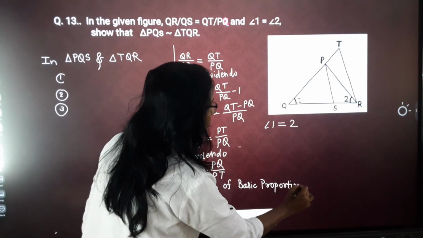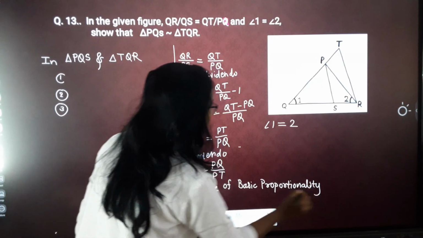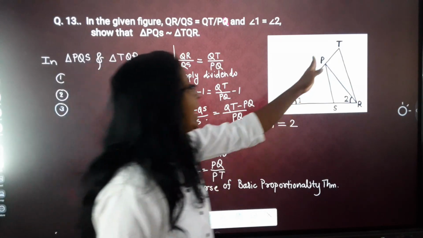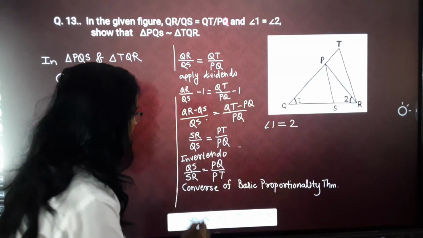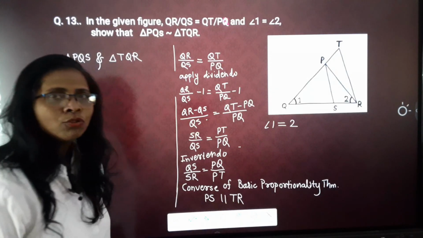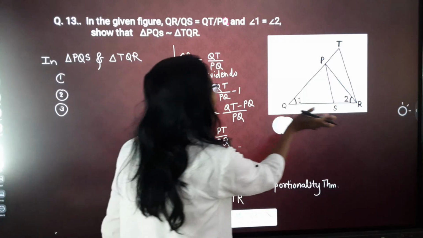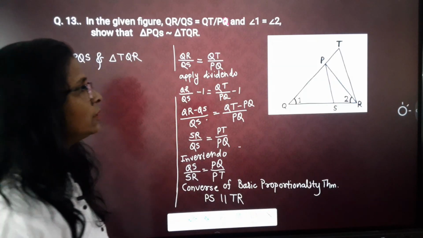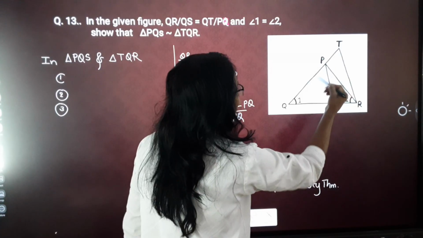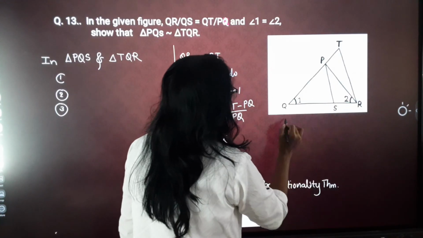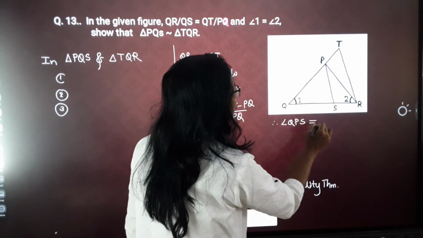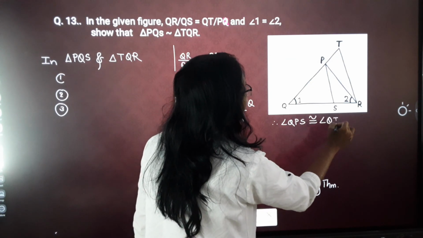Basic proportionality theorem. Okay, we can say that PS is parallel to TR. Now students, since PS is parallel to TR, this angle QPS is congruent to angle QTR. Therefore, angle QPS is congruent to angle QTR,